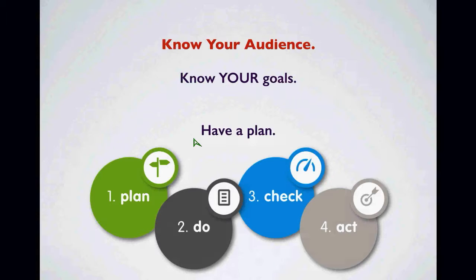Okay? But we need to have a plan. We need to have our steps. What are we going to do? And then we need to make sure that we are checking our progress. How are we doing? Are we sticking with it? Nope, I'm not. I fell off and I have not done it in 3 weeks. Okay, well, then don't be surprised when your numbers are low. So you need to act on that.